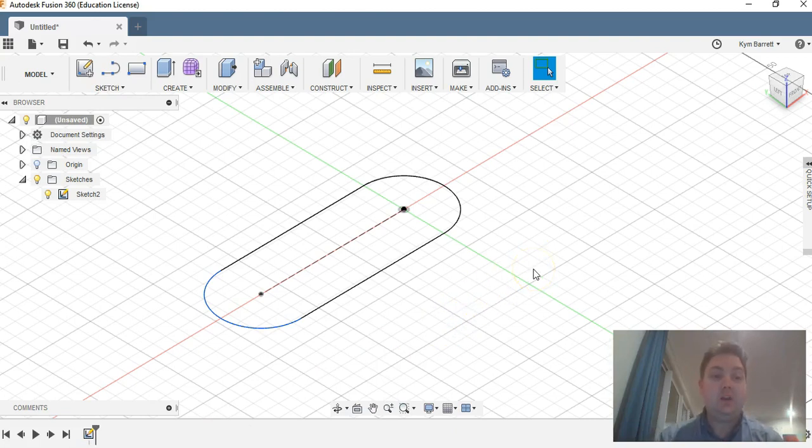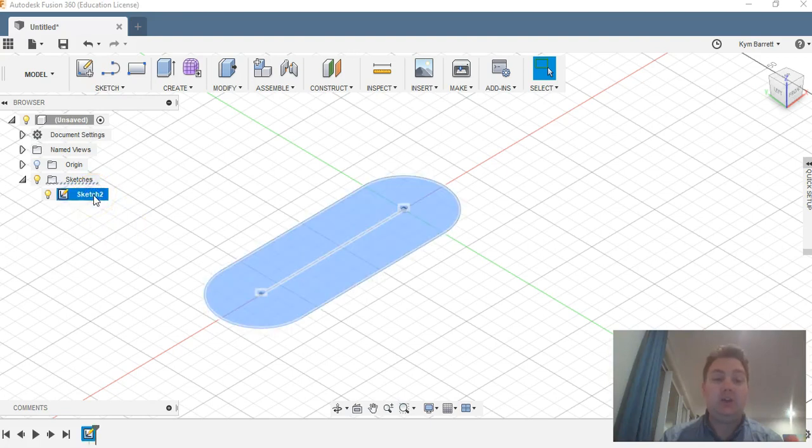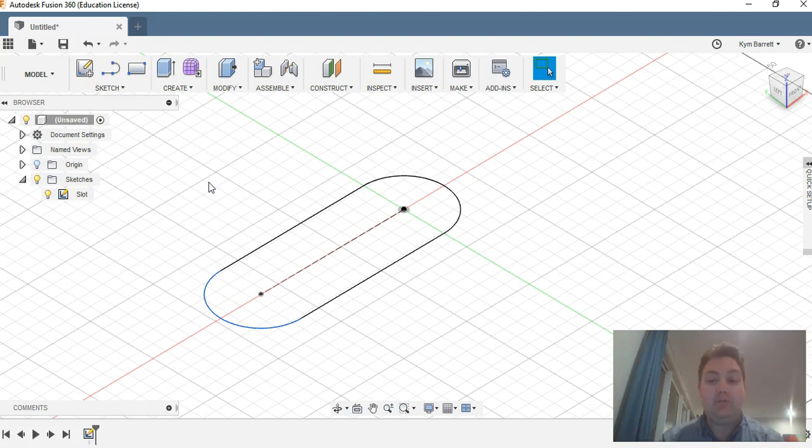navigation. Okay. Notice that my sketch is created over here under the sketch folder. And if I wanted to, I could rename that sketch just by selecting it, giving it a few seconds, and selecting it again, and I can actually name that slot. It's a good habit to get into naming your sketches, because in a model you might have 10, 20, 30,